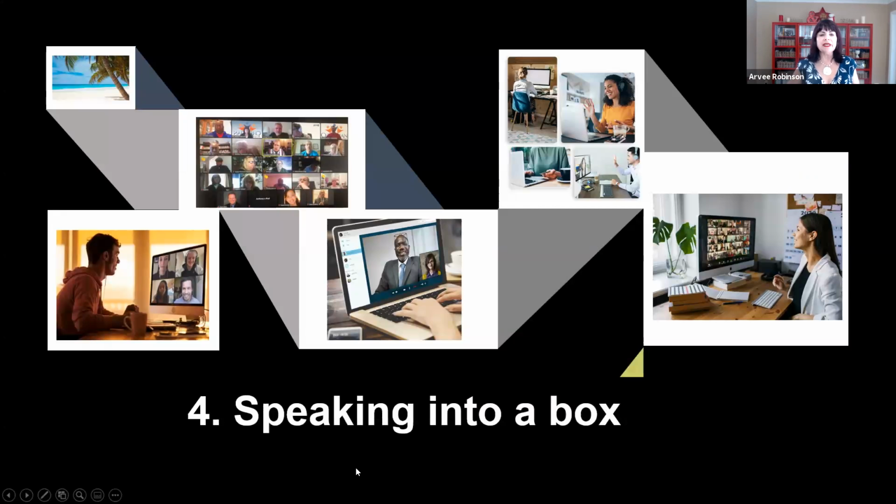Number 4, speaking into a box. That's what we're doing nowadays. We're speaking into the box, but it's really important for you to learn how to speak out of the box, even when you're inside the box. Things like getting the desk will help. Getting cool little tools that you can add breaks up this regular old humdrum Zoom call.